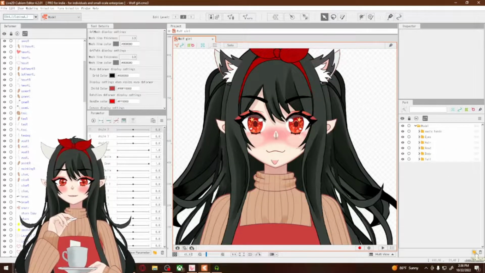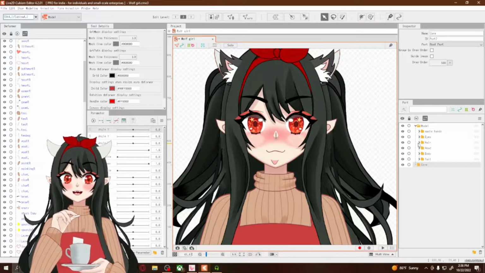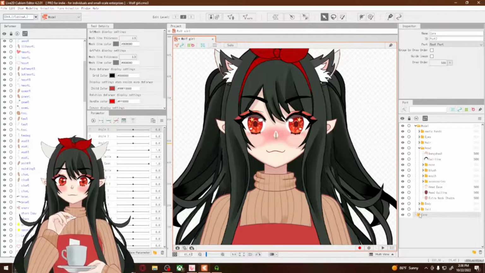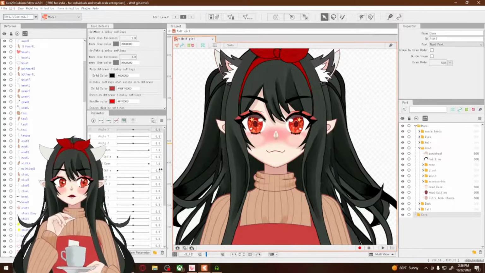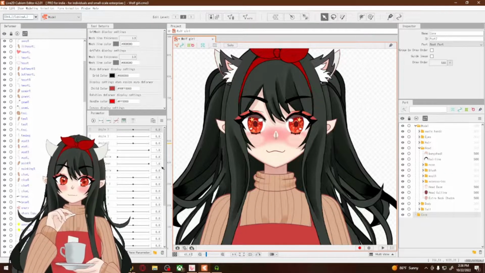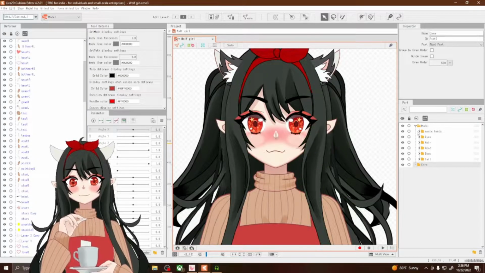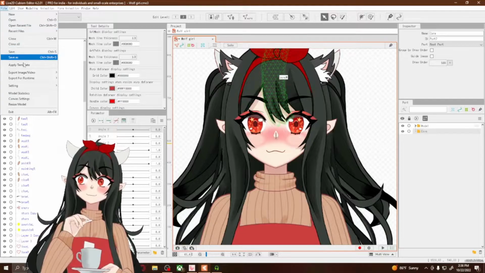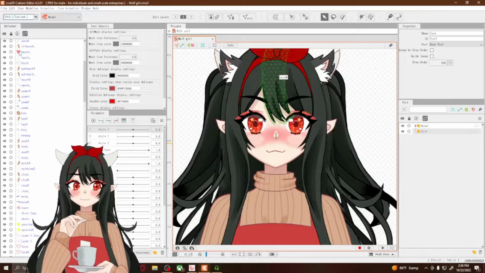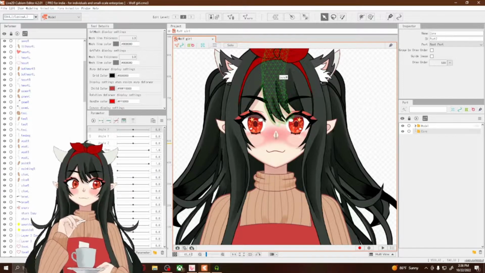What I like to do is make a new folder. I like to call it the core folder. You can name it however you like, but this is what I like to name my folder. The reason I name it the core is because I like to put all the parameters in this folder. Now, you don't have to do what I'm doing, but just to keep everything nice and clean when you're in Live2D, I recommend you do. Also, don't forget to save your work. So, let's get started. Angle X is when you turn left to right,